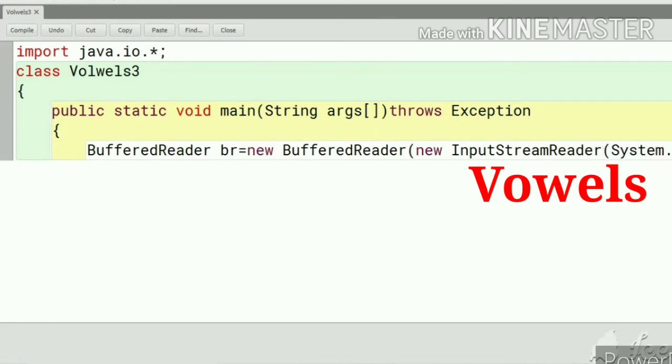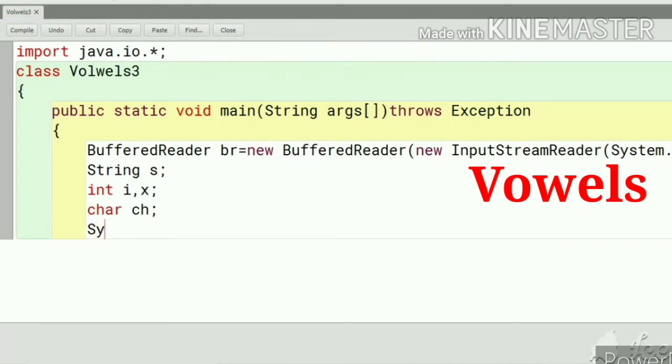Here we'll start with the data type String s, and int data type i to read the characters with the index, comma, x for the length of the string, and char ch to extract the character.